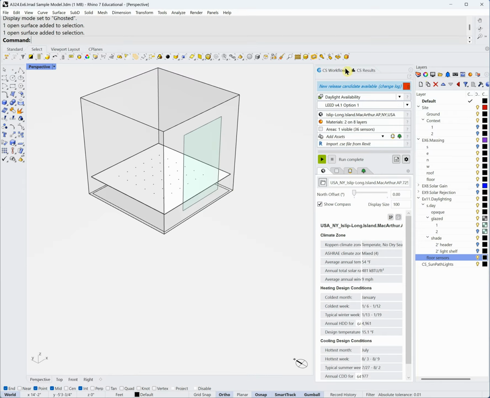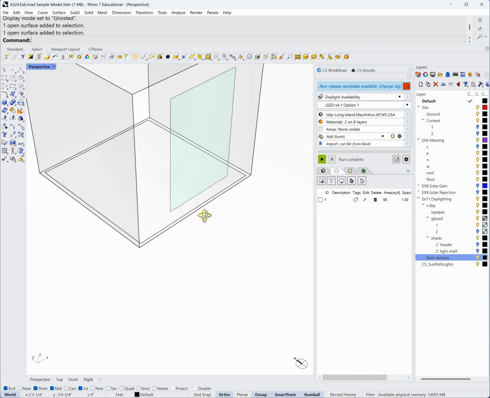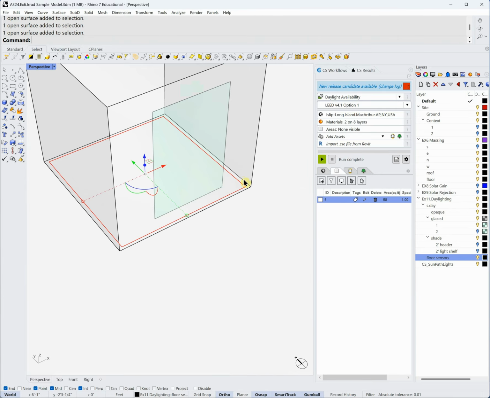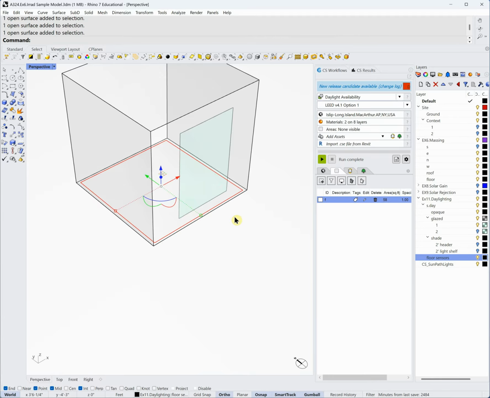I'm actually going to go ahead and turn off, let me go to my workflow. I'm going to turn this off so you don't see that. So what I did here is I just made a surface a little bit set in from the exterior of my envelope. You don't want it embedded in your envelope, especially if you have thickness, because there's going to be a portion of your sensor surface that's inside of something, and so that's going to mess up your simulation. So I set it in a little bit from the edge,